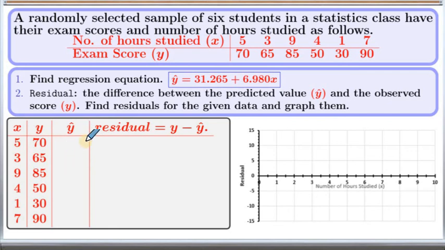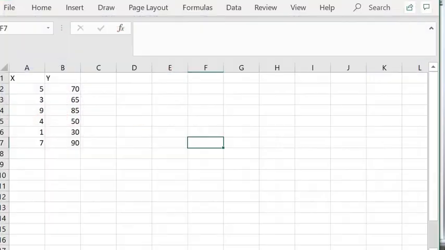Now you can easily find y hat in Excel, creating the formula for y hat. So for that, let me pull up my Excel on the screen. So here I have already entered the values for x and y. So let me label this column as y hat. So that is y hat. Now let me make a formula. So we know y hat equals to